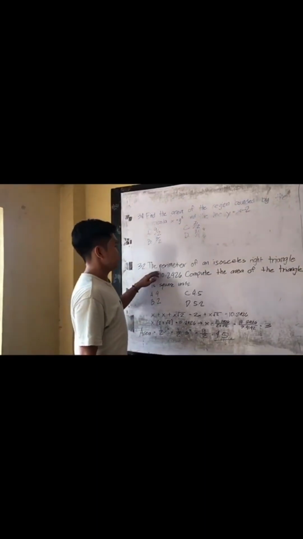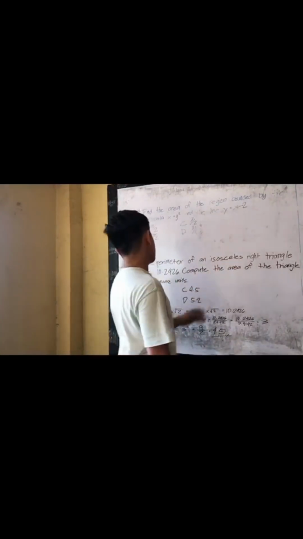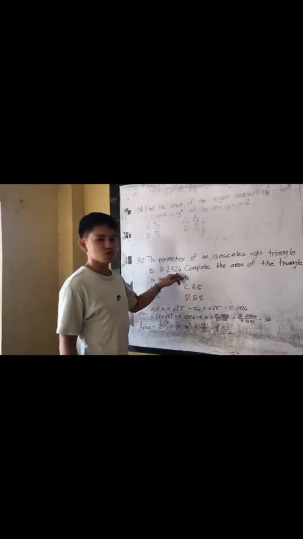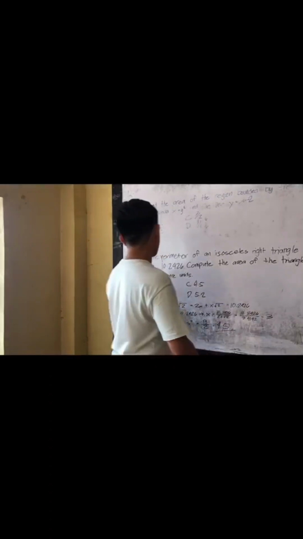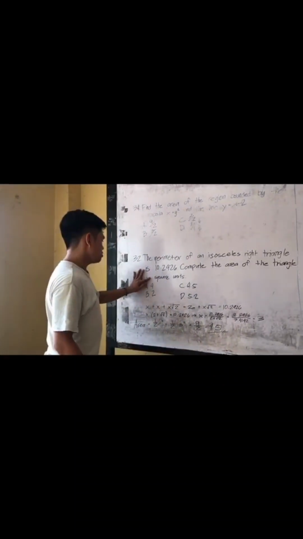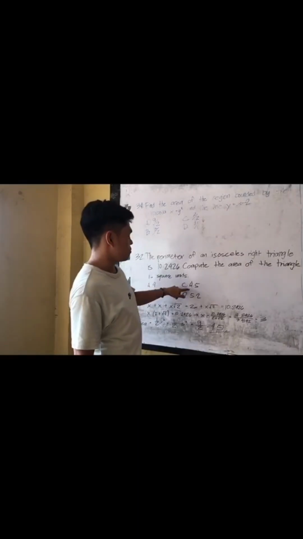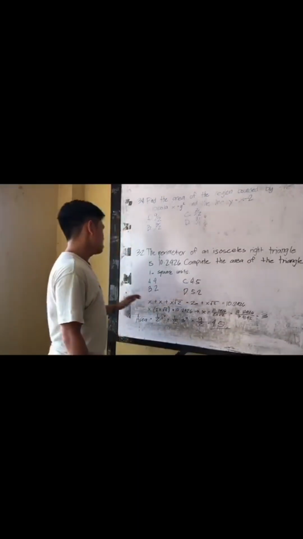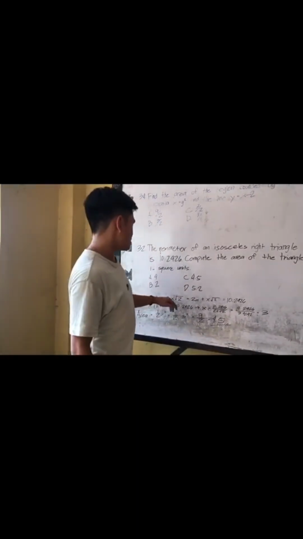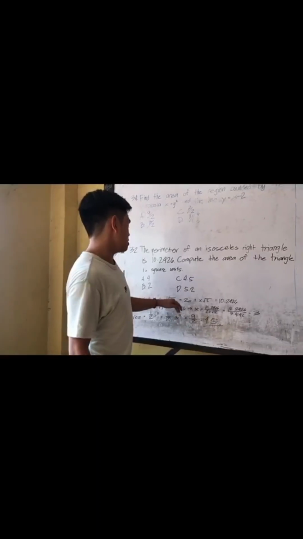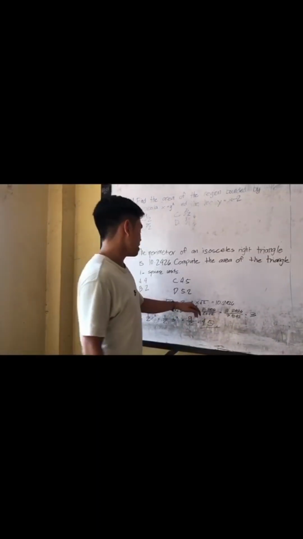32. The perimeter of an isosceles right triangle is 10.2426. Compute the area of the triangle in square units. A. 4, B. 2, C. 4.5, D. 5.2. Solution. x plus x plus x square root of 2